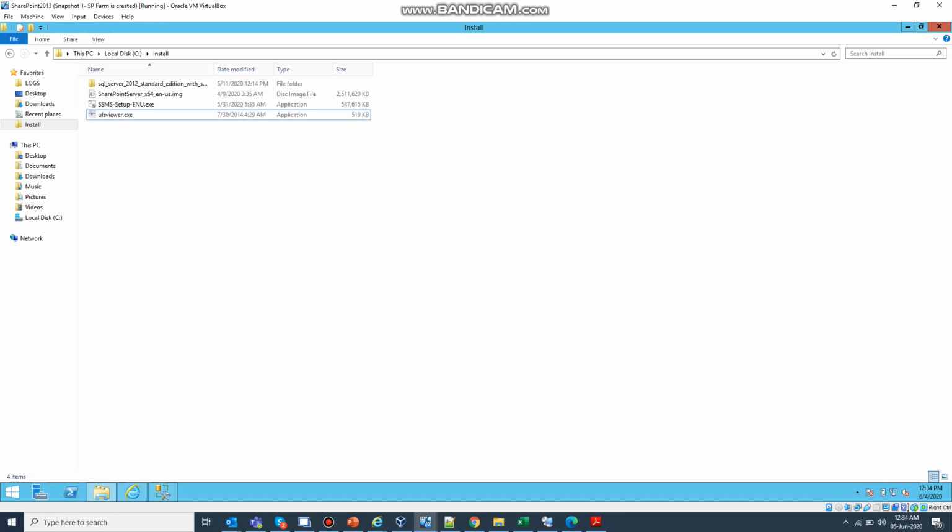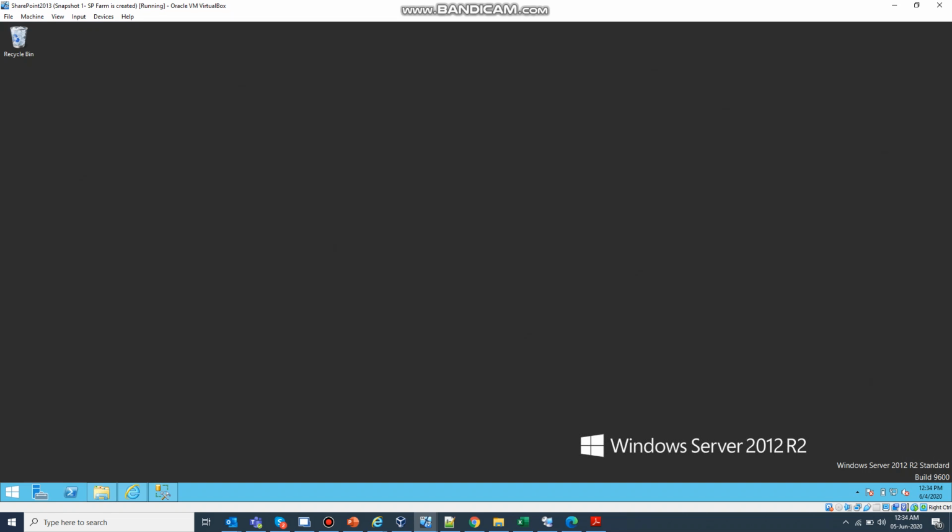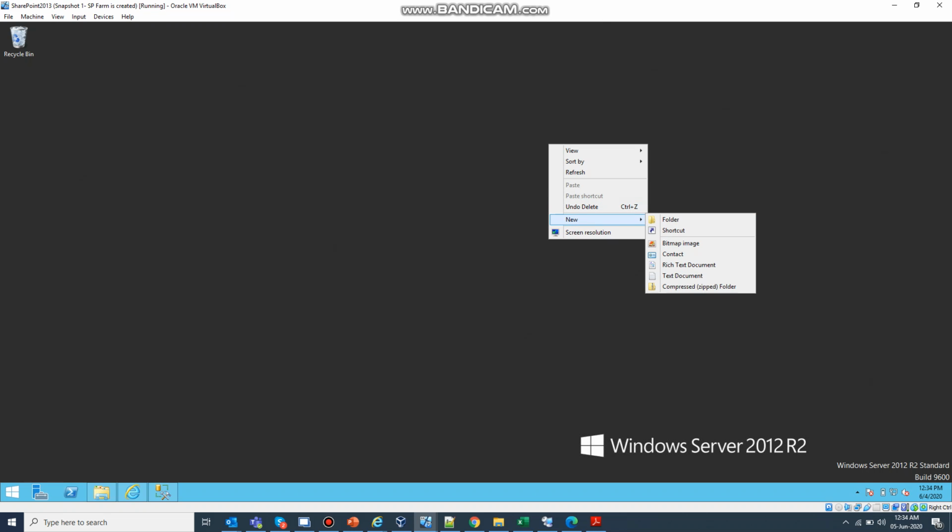There is another possibility that you may face a connectivity issue. Your SQL is on one server and your SharePoint is on another server, and the SharePoint server is unable to connect with the SQL server. In that case, I suggest using this utility.